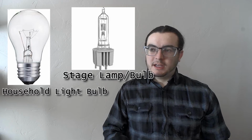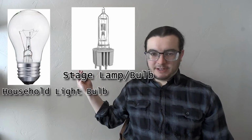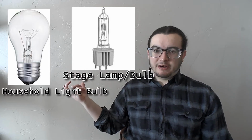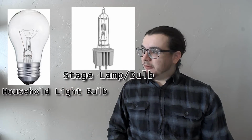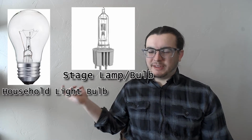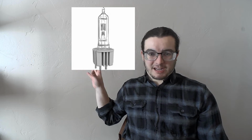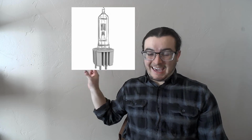It's fun. So incandescents work in very similar ways that your common light bulb works. There's a glass envelope, there's a filament inside that ignites with gas. These are just much, much brighter and burn a lot hotter. They're actually a bit more fragile than your common household light bulb. The lamp itself actually is a lot more fragile than a common light bulb because you can't touch the glass